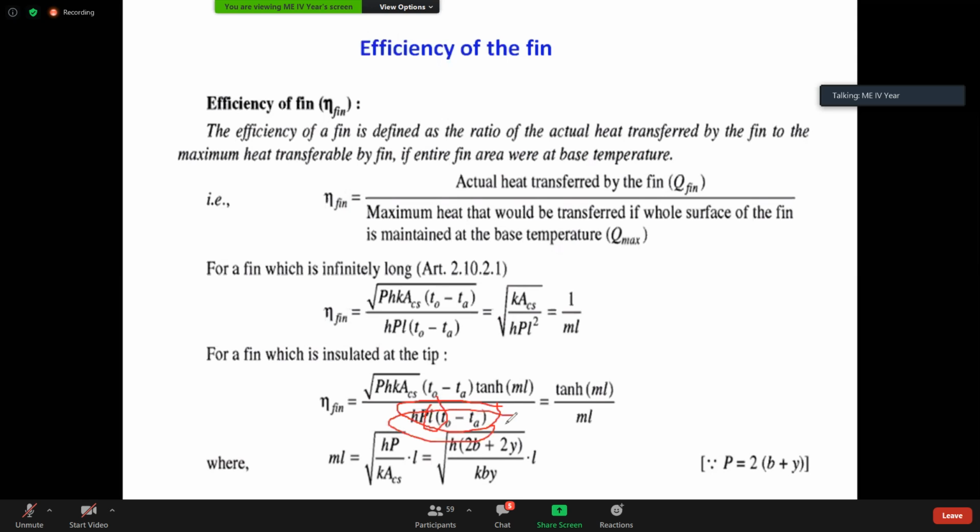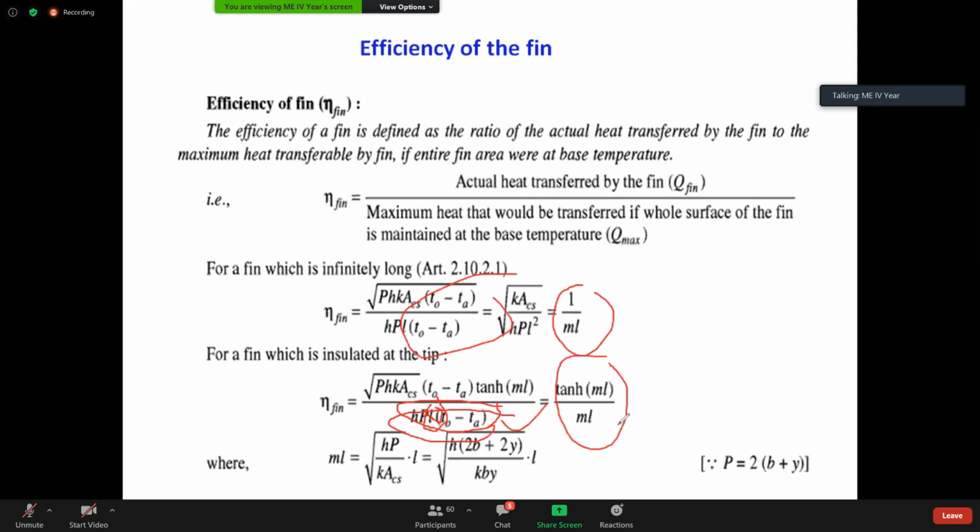This is the maximum possible. The length varies, it doesn't matter. If it is a short fin, the length is different; if it is a long fin, the length is different. After solving this, you get this directly, because the length is the maximum of the lengths. But the third case is difficult to solve, which is the reason it is not put here.